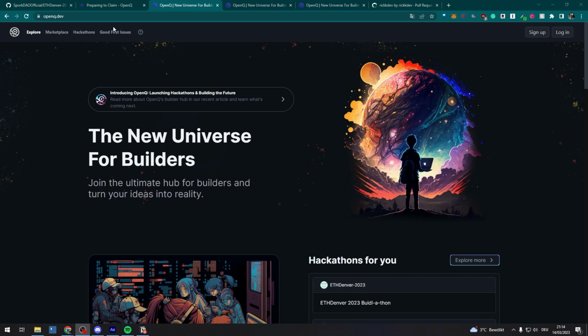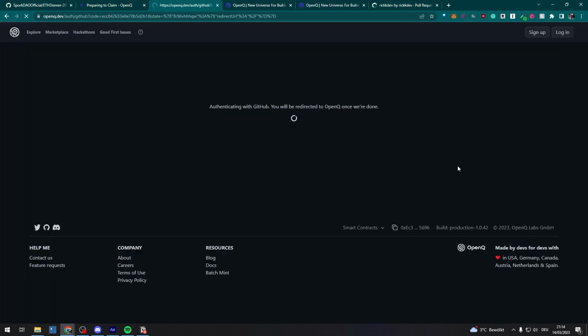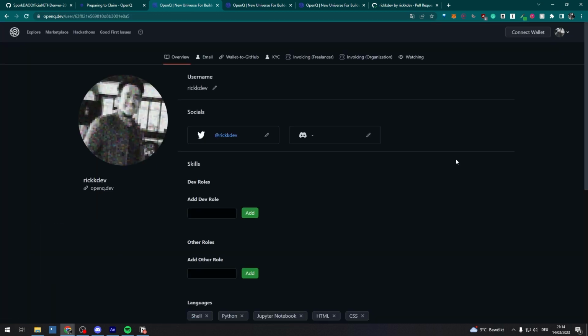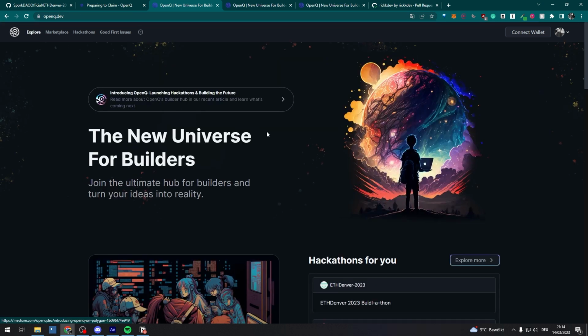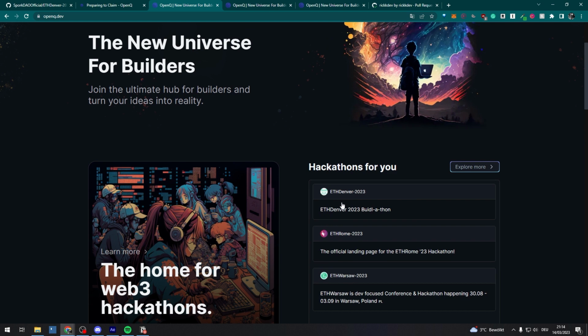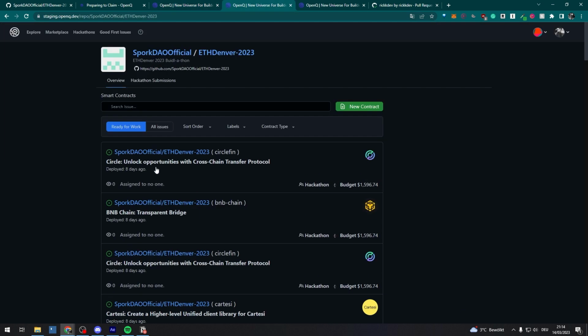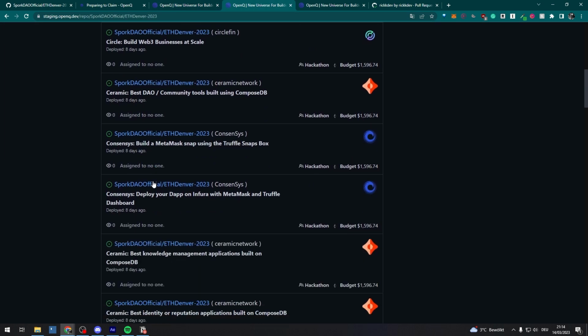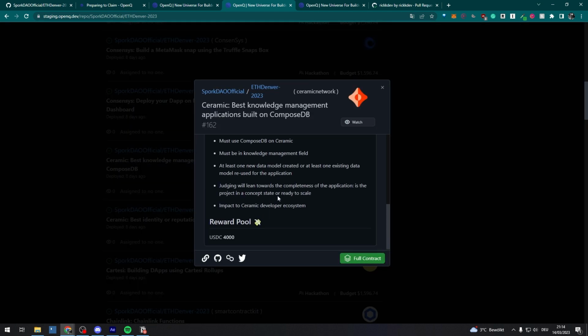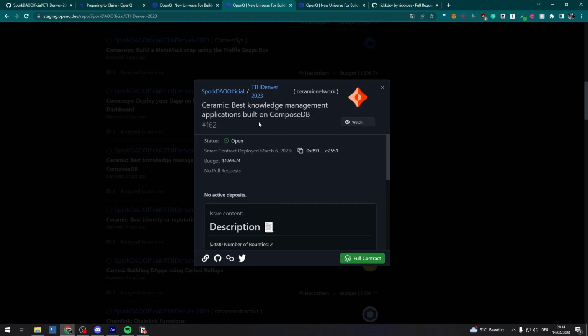So after you created your pull request, go on our website, openq.dev, and sign up. We use GitHub as an OAuth. This is also in the end to identify that you are really the person that created the pull request. And then head to the main page and go on ETHDenver. This will direct you to our bounty discovery page. So these are all GitHub issues that are the same sponsored bounties that you also saw on Bittlebox, and actually minted on chain. You can find the smart contract address here, and the funds will be deposited in these contracts